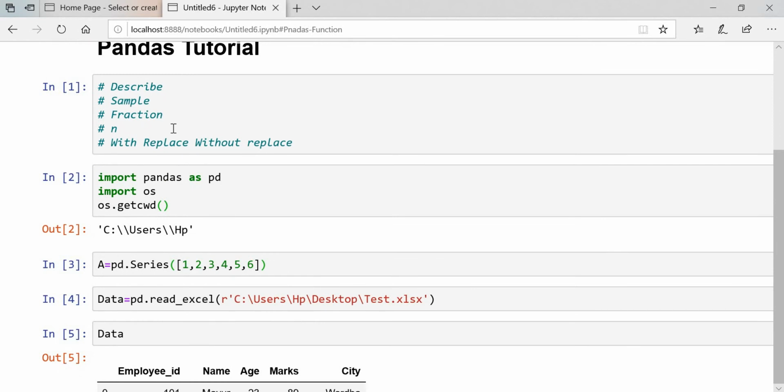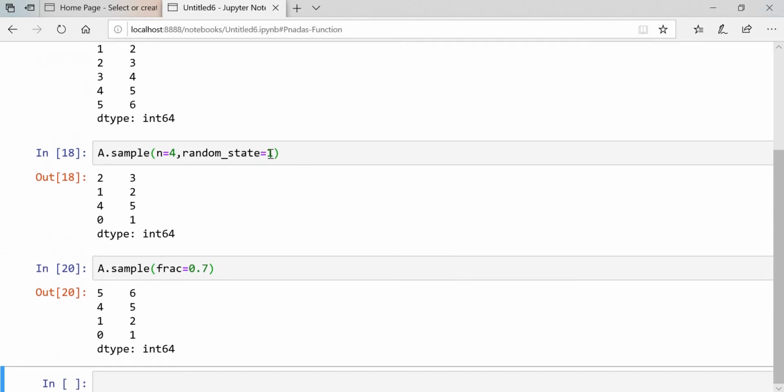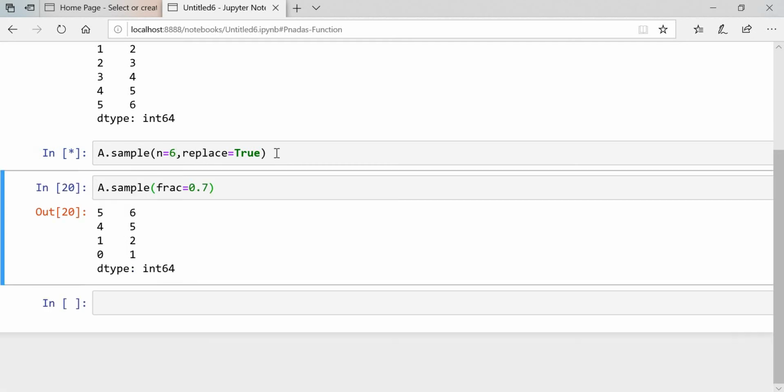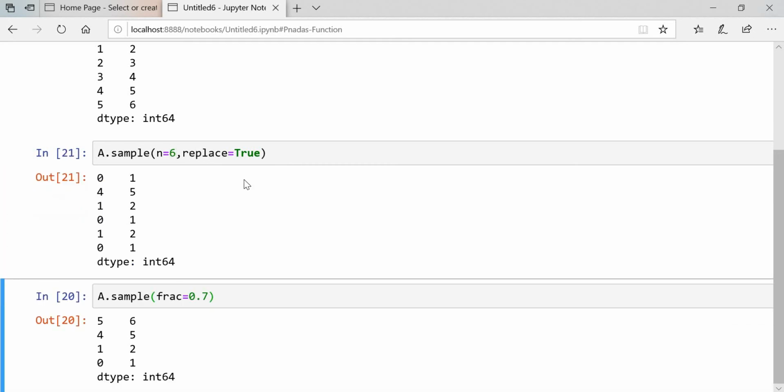Now we will see the next, that is with replace and without replace. In this, I will remove the random state and put replace equals to true. What output will we get here? See guys, if you put replace equals to true, we are getting duplicate data, means we are getting the same data.